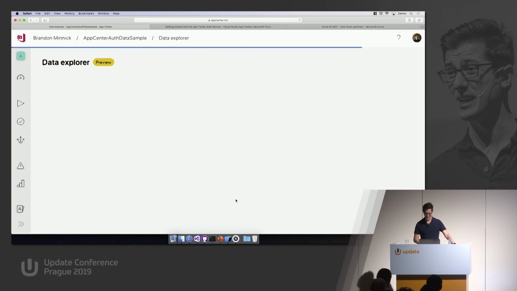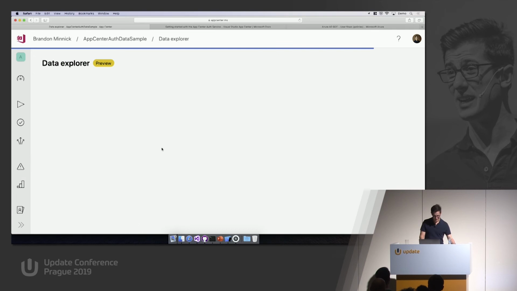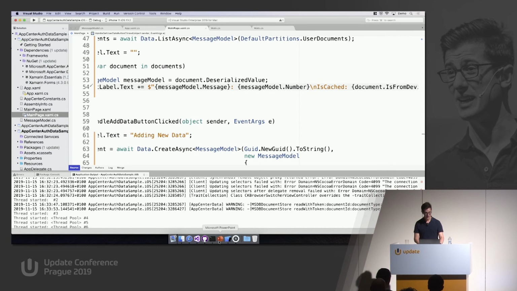Come on, App Center. That's probably just the conference Wi-Fi. How are my pings doing? We're dropping some packets, yeah. Well, there's now more documents in the database. Totally confirm that. All right. So